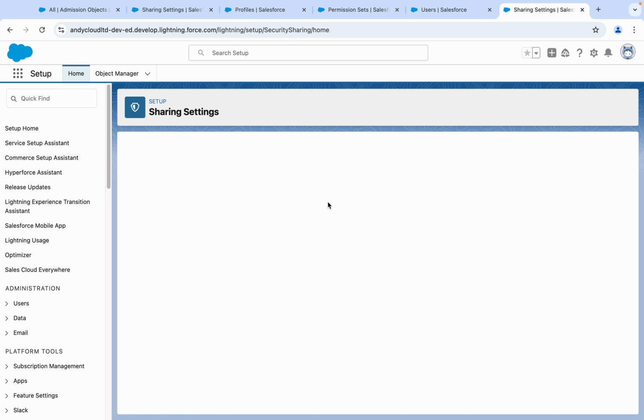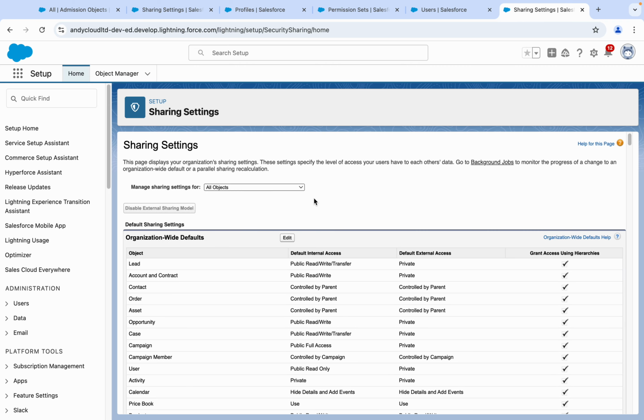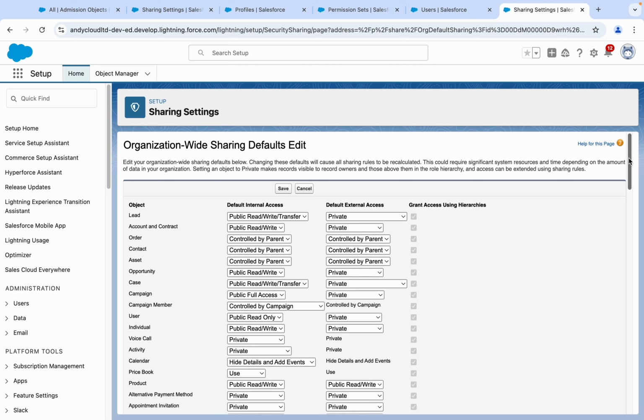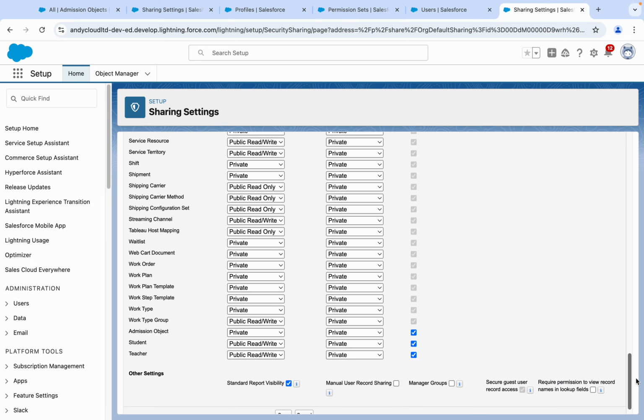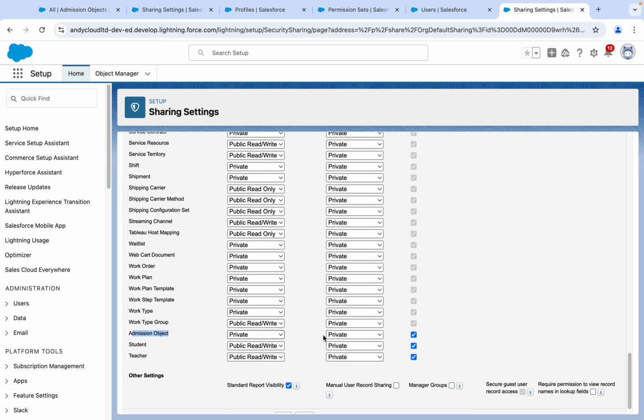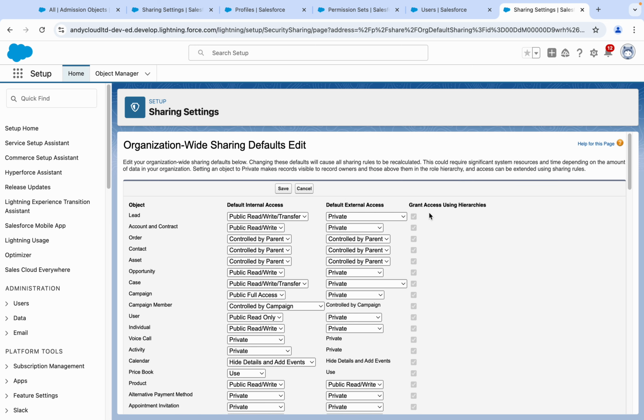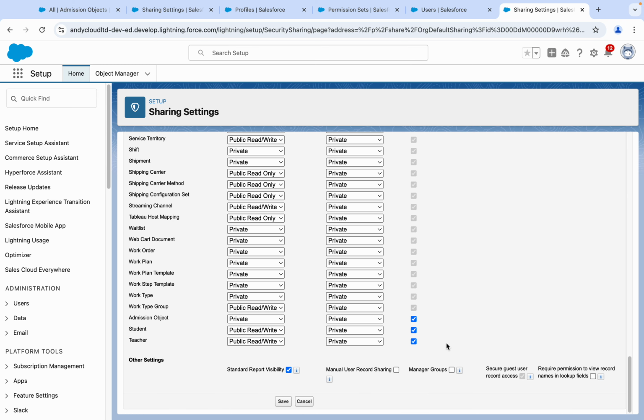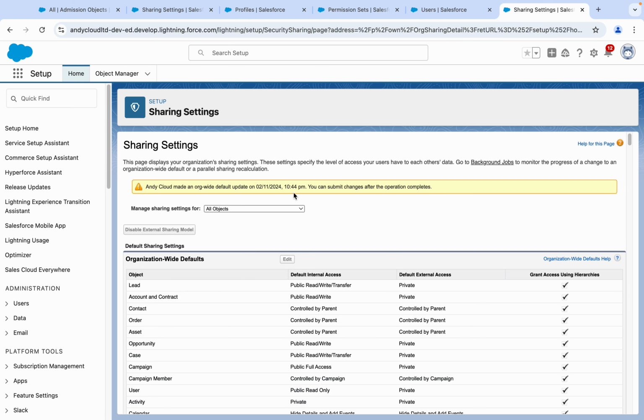So now in the sharing settings, you need to click the edit button. Let it load, the system is a little bit slow. So if you see in the admission object, there is a tick mark given. What does this tick mark say? Grant access using hierarchy. So let's untick this and save.